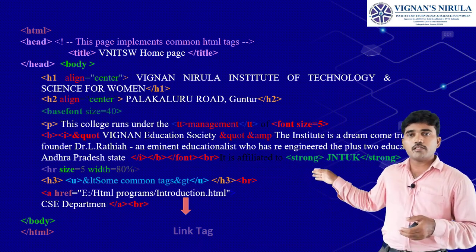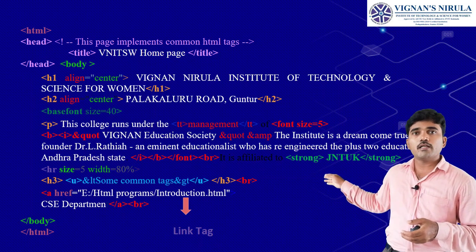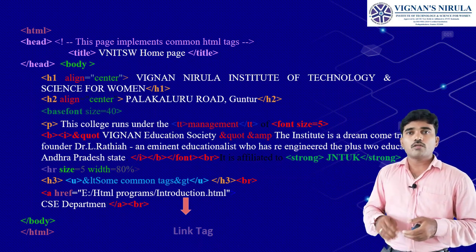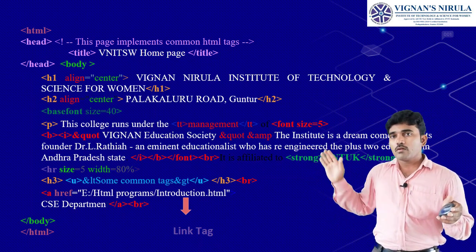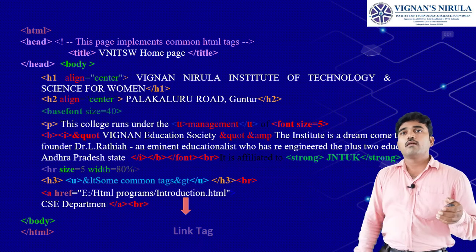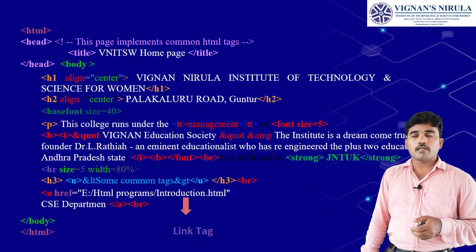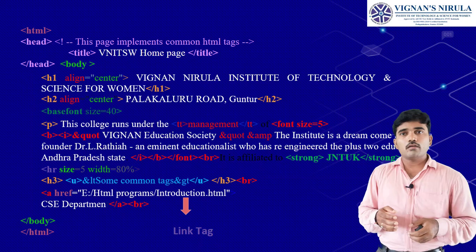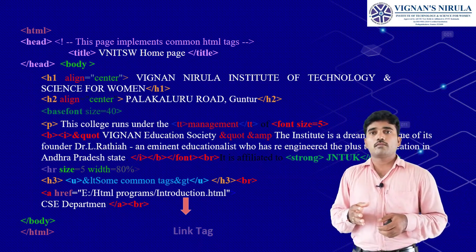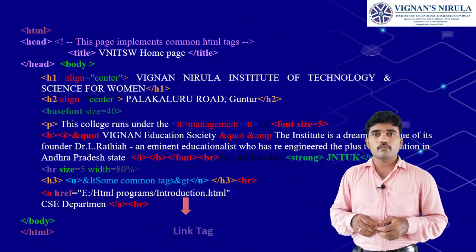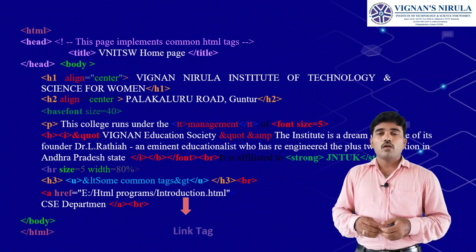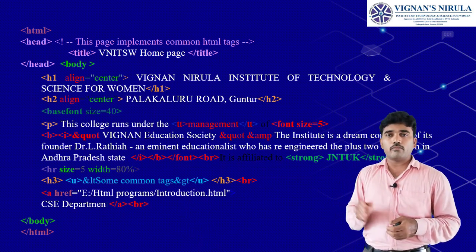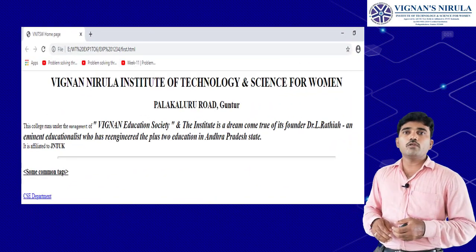As usual, the A tag is closed, and followed by that I have used BR. Let us assume that our web document is completed. So close the body and close the HTML. Understand? Do you have any idea how to save this web document? Yes, with the extension .html. Understand?